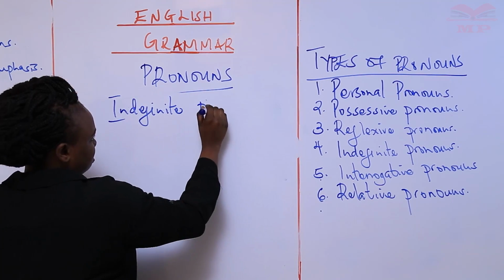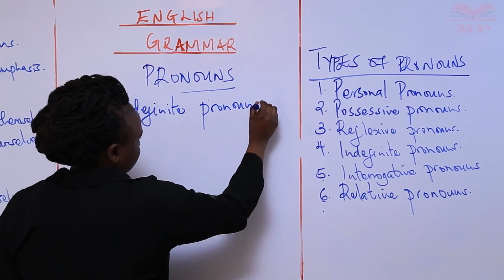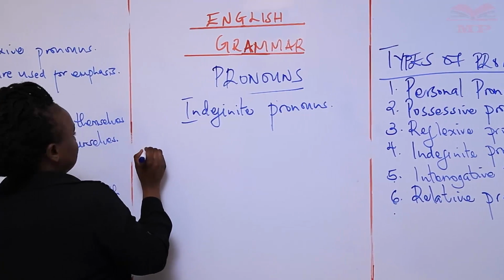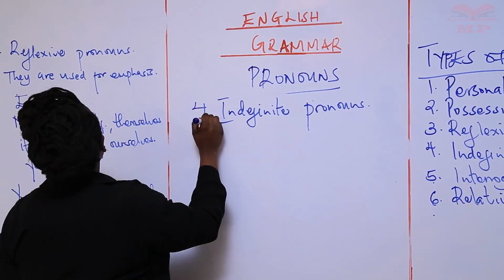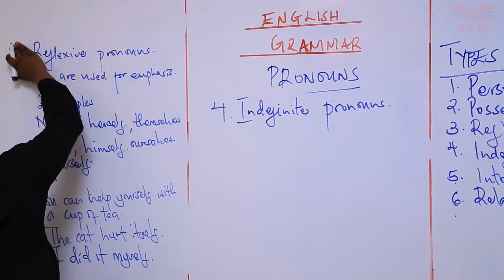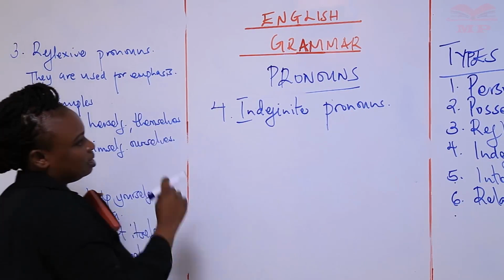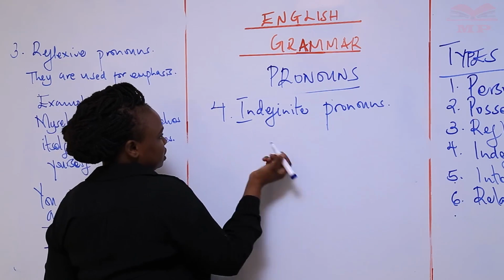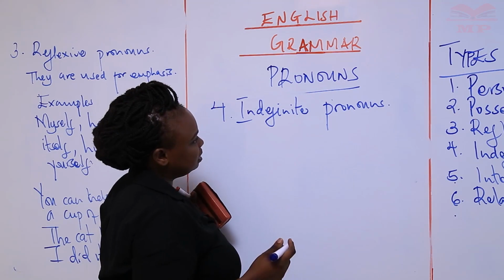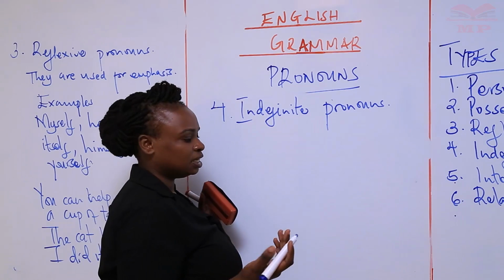Indefinite pronouns. Okay, number 4. So here was number 3. This is number 4. Indefinite pronouns, these ones are not referring to specific things, but I'm just going ahead